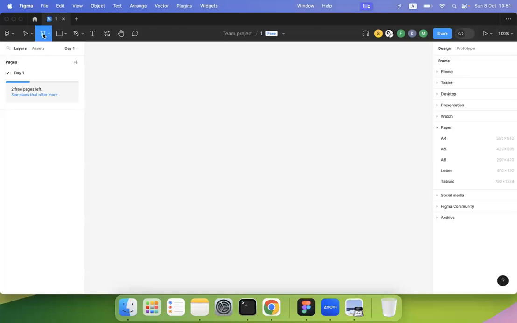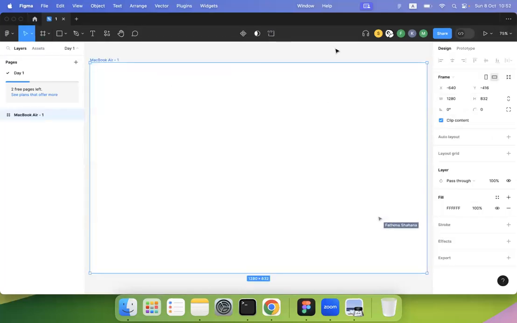So when we click on the frame button, it will show us all the frame options we have. We have options for phone, tablet, desktop. These are predefined frame sizes where we can select any frame size. Let's select desktop. And these are the screen sizes. We can create any custom size screen, but let's select MacBook Air. So it will create this